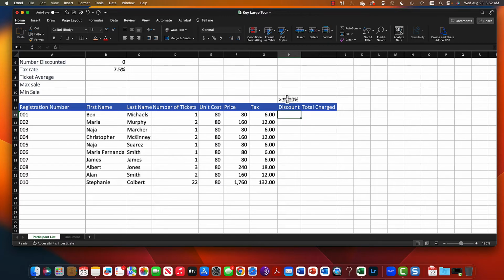Discount. If greater than 10, you get 10%. Okay, certainly I don't want to key this in, but there's no discount unless there's greater than 10 tickets bought. Okay, how does this work? So let's just think about it. I'm going to put a simple if formula in here, equal if, open parenthesis, this number is less than or equal to 10,